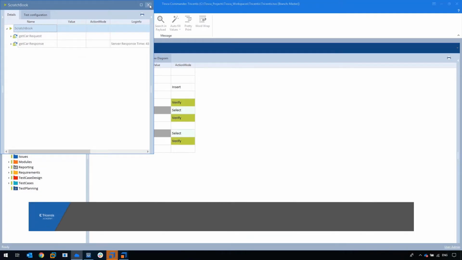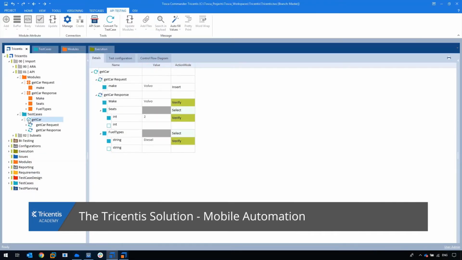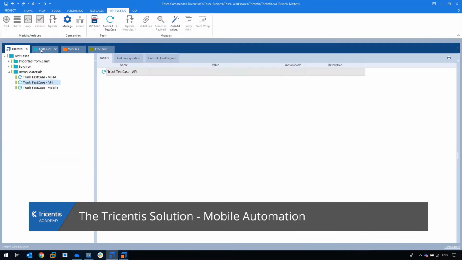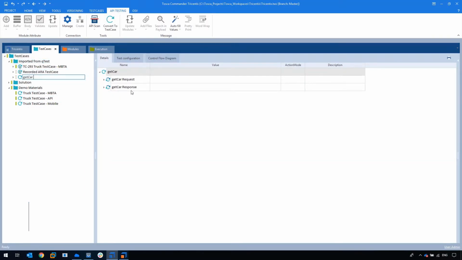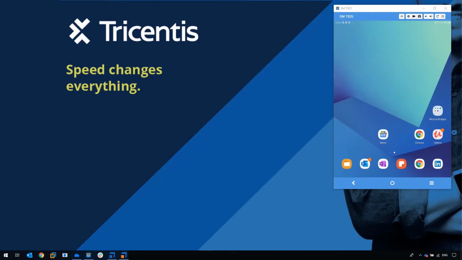So now we've looked at automation on the UI and API level. Let's focus back on the UI again. Let's look at how we can simply reuse assets that we created earlier to test on mobile devices. Tricentis Mobile supports local device testing on iOS and Android, as well as mobile testing on emulators, simulators, and even